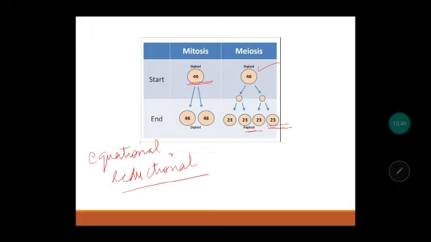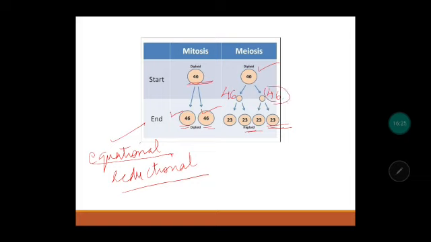See, in mitosis, what is happening? There are 46 chromosomes in the mother cell, and when it divides, the two cells which are formed also have 46. That equal material I was telling you about is why it is equational, meaning equal genetic material is transferred. In meiosis, there are two cycles of division. The first cycle is equational, meaning it happens like mitosis. The mother cell gives rise to two cells which contain 46 chromosomes, if we are talking about humans. In the second cycle, what is going to happen? The chromosome number will be reduced. In meiosis, the chromosome number gets halved.